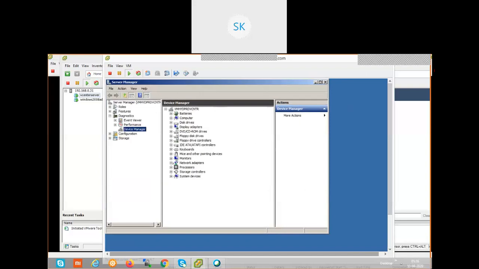See, everything is installed, drivers, everything is installed properly. Now I am ready to configure the IP address for this server to proceed.